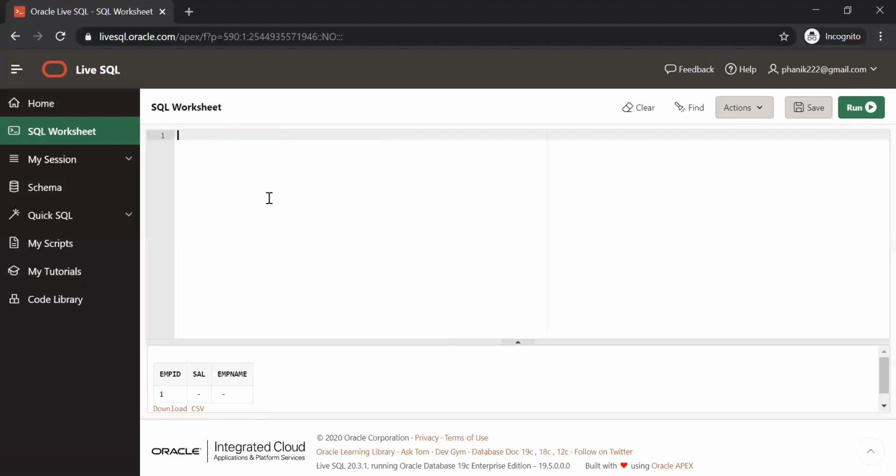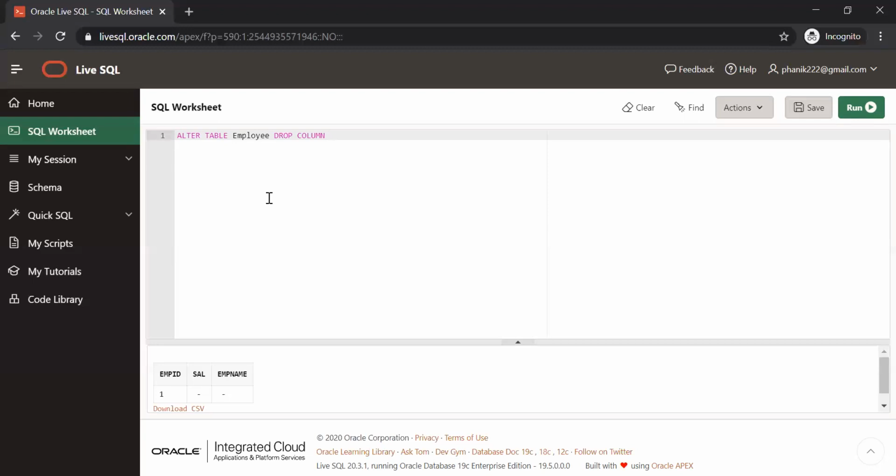For that also you have to alter the table, but you have to use drop. That is drop only, not delete. Alter table employee drop column.